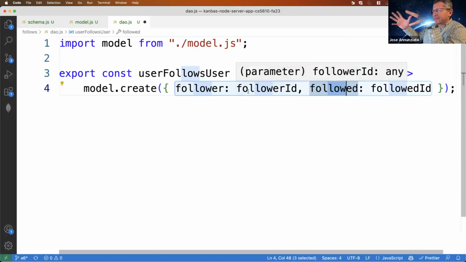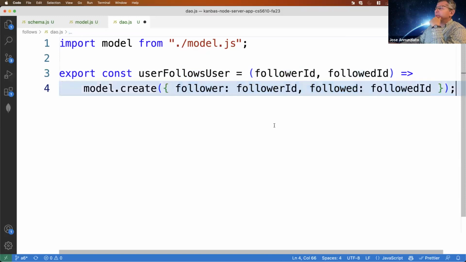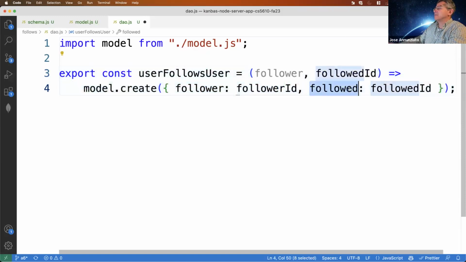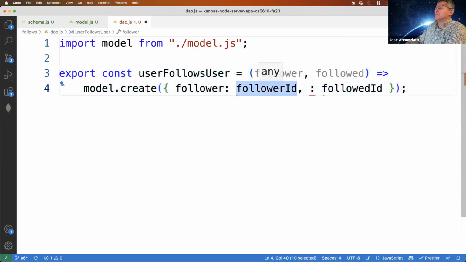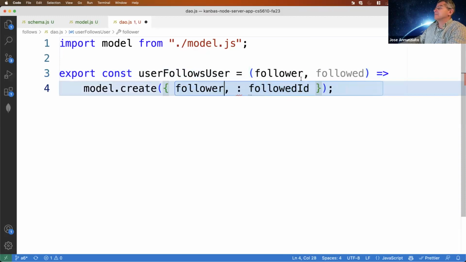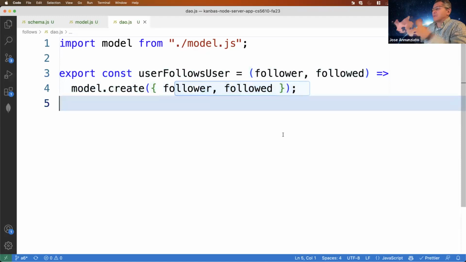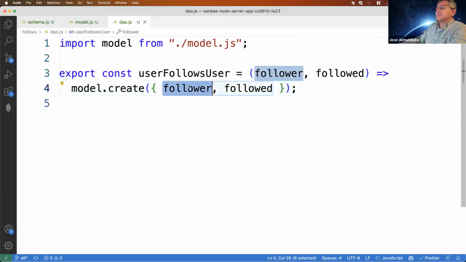There's a more compact way of writing this. So for instance, if we say follower here and followed here, right? We can make this much shorter. Like that, right? So that's much more compact, and it says exactly the same thing, right? Now these names here, follower, right, are what the model's expecting.